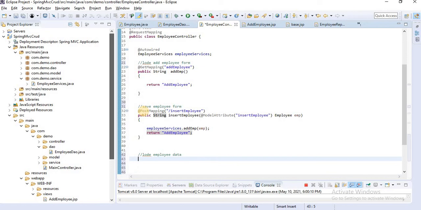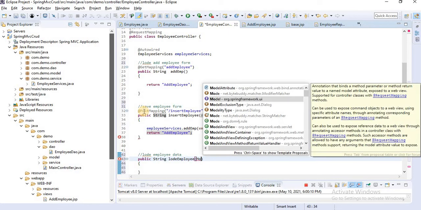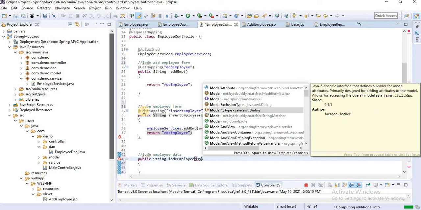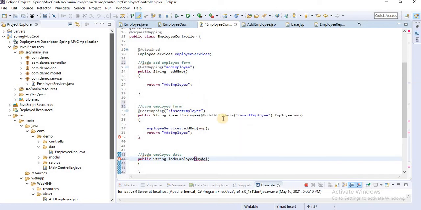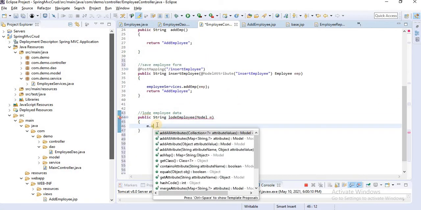Okay, let's create a method, public String loadEmployee. Here we are passing data, that's why we are using Model. Which Model? There are lots of Model classes. We are using org.springframework.ui. Be careful, import only that one. Then I'll put model.addAttribute.